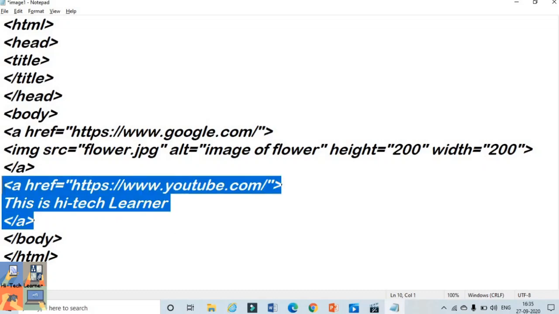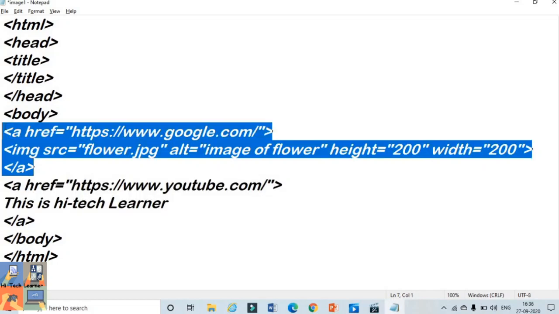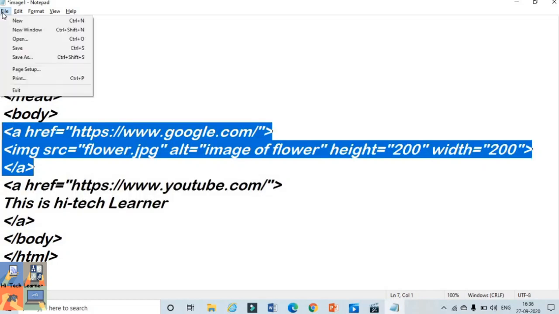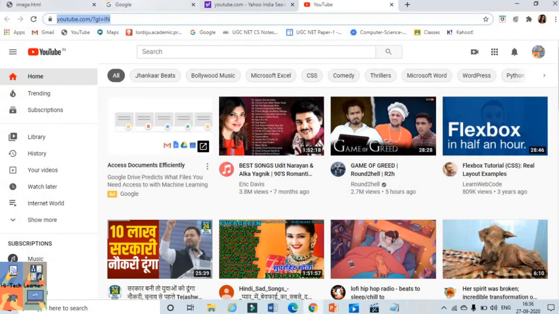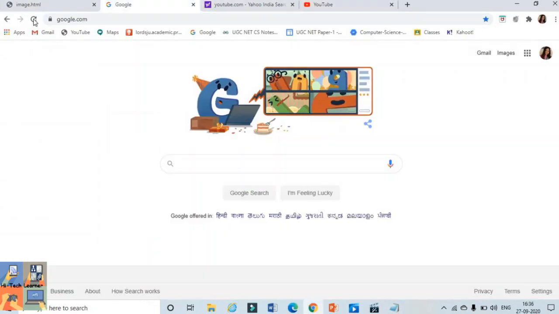So this is our text as a hyperlink and this is our image as a hyperlink. Quickly we will save it and refresh the previous program, same program. As you can see, this is our image as a hyperlink and this is our text as a hyperlink.